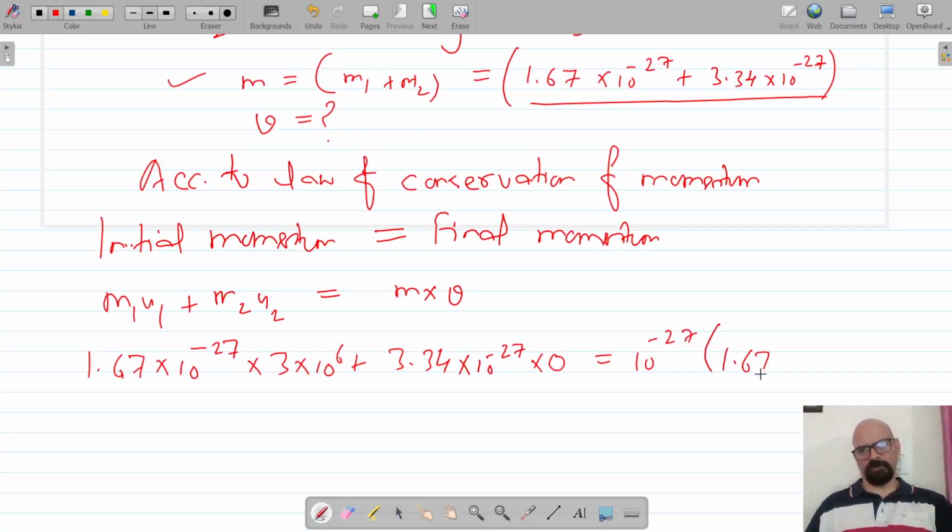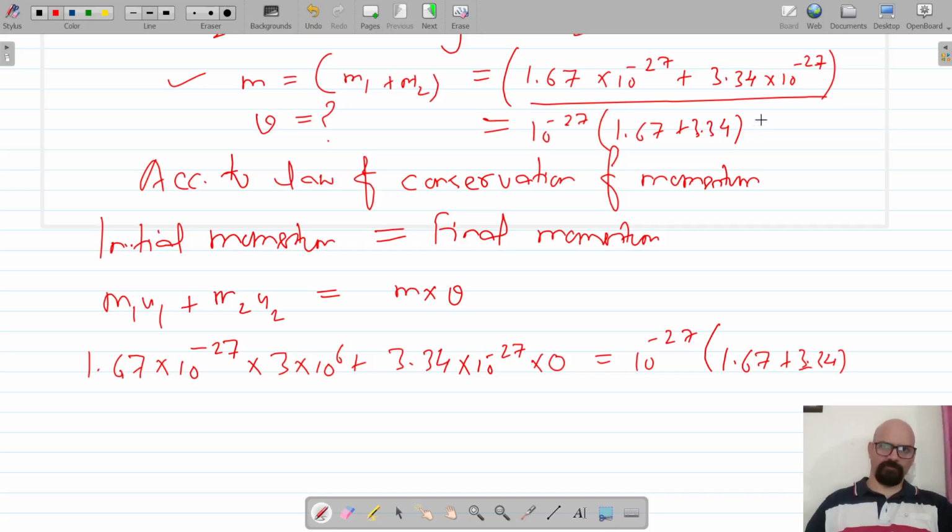So this is 1.67 plus 3.34. So for this, we have taken 10^-27 common, which is equal to 1.67 plus 3.34 kg into